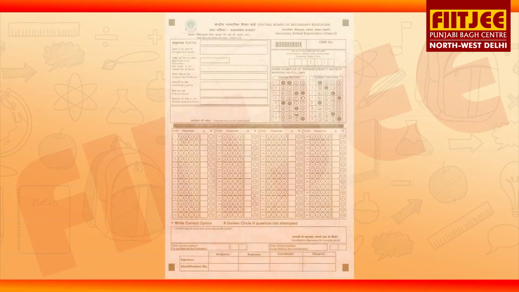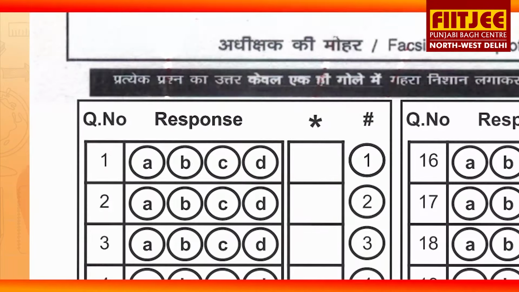Candidates are advised that first of all, they should mark the response by darkening the circle. If fully satisfied, they should write a response in the box. The purpose of giving a box is that only if any candidate wishes to change the response, the same be written in the box. Even if candidate is satisfied with darkening the circle, this response has to be written in the box. Candidates have to reply both in a circle and in a box. The reply written in the box will be treated as the final answer.